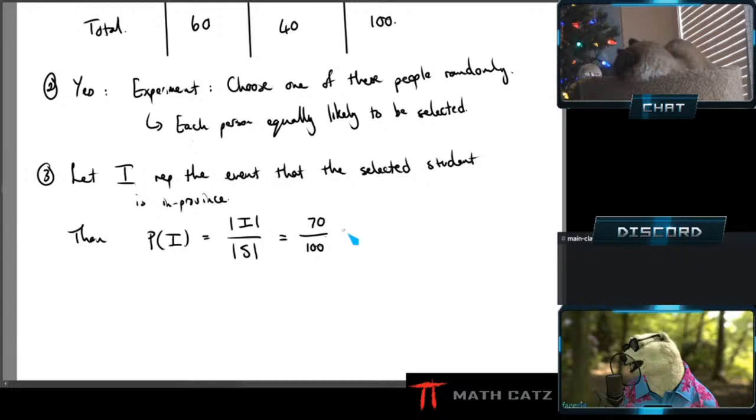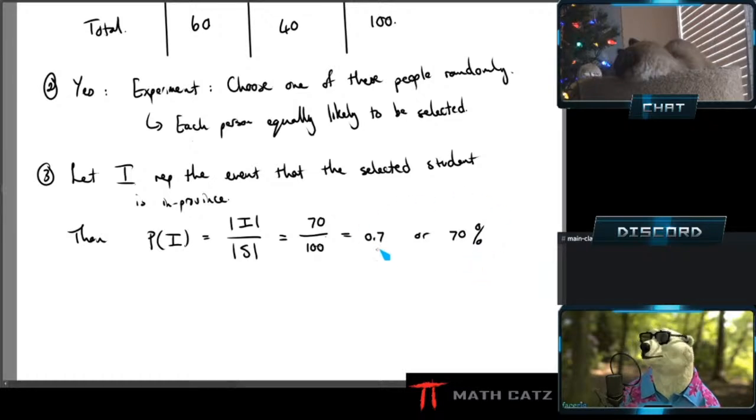Now I chose nice and easy numbers that you can then easily calculate as 0.7, or you can say it as a percentage. Remember, we have two interpretations. Percentages are there to convey information in a more intuitive way, I suppose. We have a better feeling about percentages than we do about little decimal fractions. So if I choose a person randomly from the 100 people walking around, then there is a 70% chance of getting an in-province student.